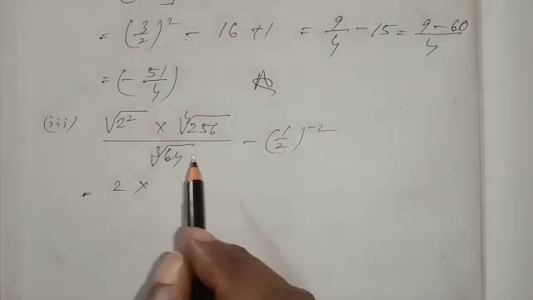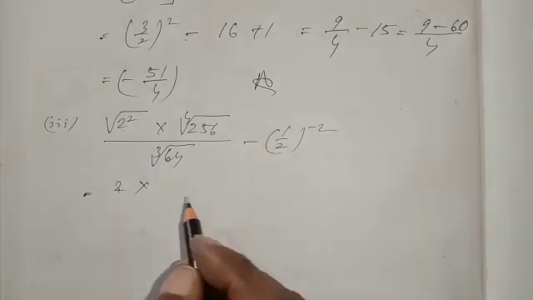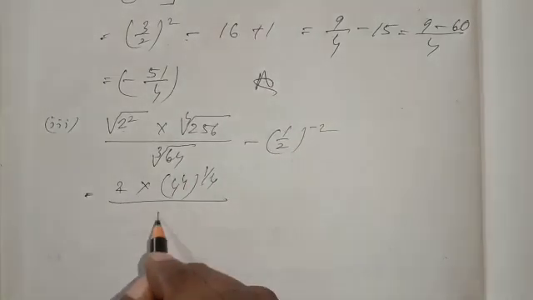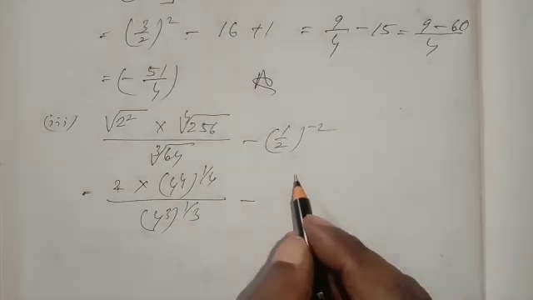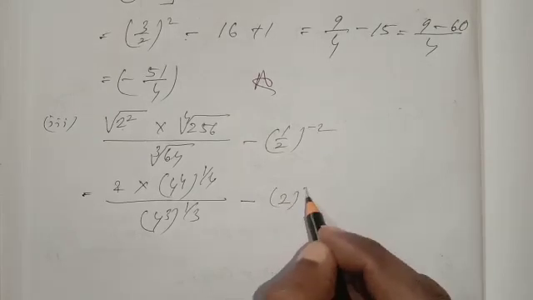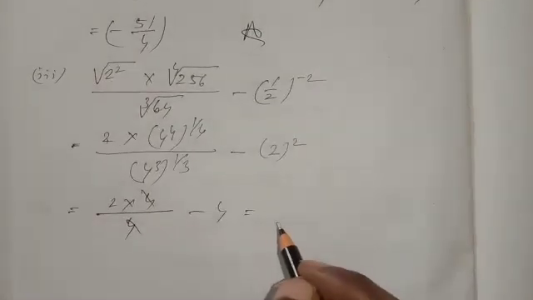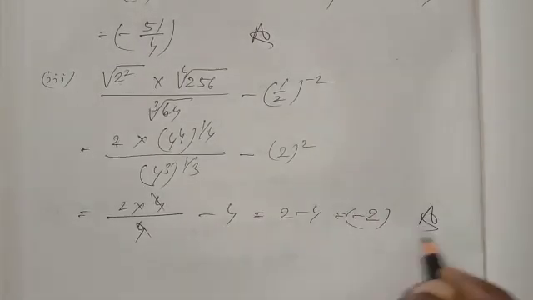Let me explain it again. 2 square root over will be 2, and 256 means 4 to the power 4, whole to the power 1 by 4, fourth root. 64 means 4 cube whole to the power, cube root means 1 by 3, minus 1 by 2 whole to the power minus 2, that means this will be 2 to the power 2. Now 4 4 cancel, only 4, 4 to the power 1 means 4. 3 3 cancel, 4 to the power 1 means 4. 2 square is 4, 4 4 cancel. How much are you getting? This is 2 minus 4, which is equal to minus 2. And this is the answer.